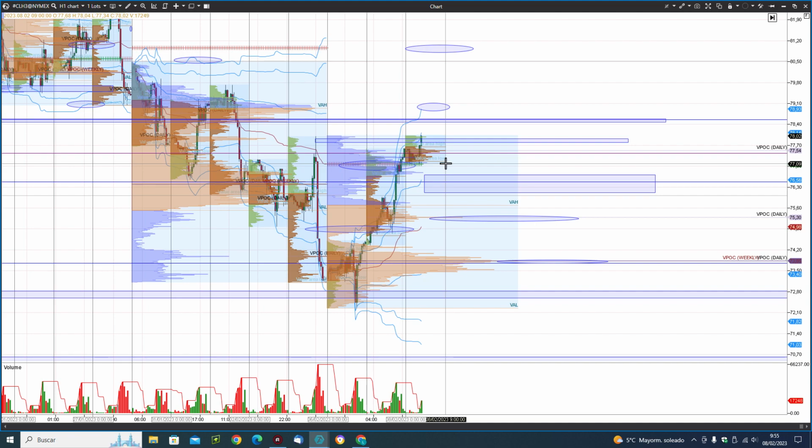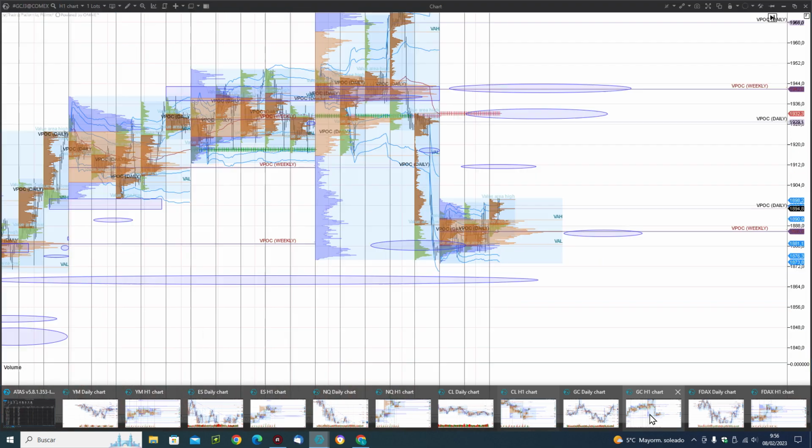below this VWAP line, the final weekly VWAP line, we could go in first step to this high volume range. We have here the weekly VPOC, the zone between 76.69 to 76.16. Next target would be 75.26, and the last one, this high volume node on the lower zone, 73.80. Okay, let's see what happens with